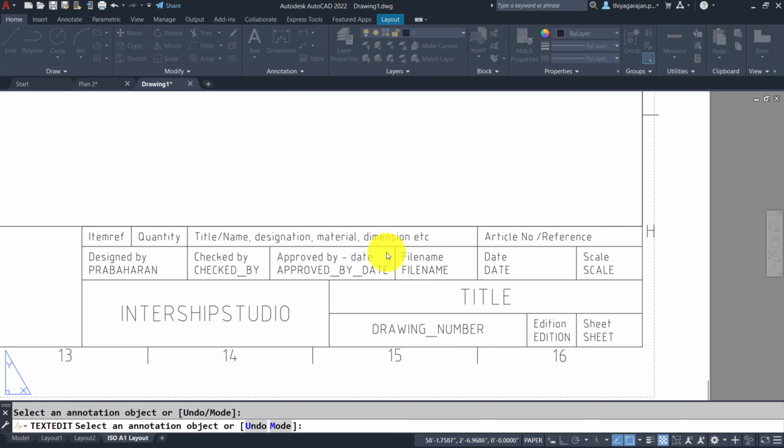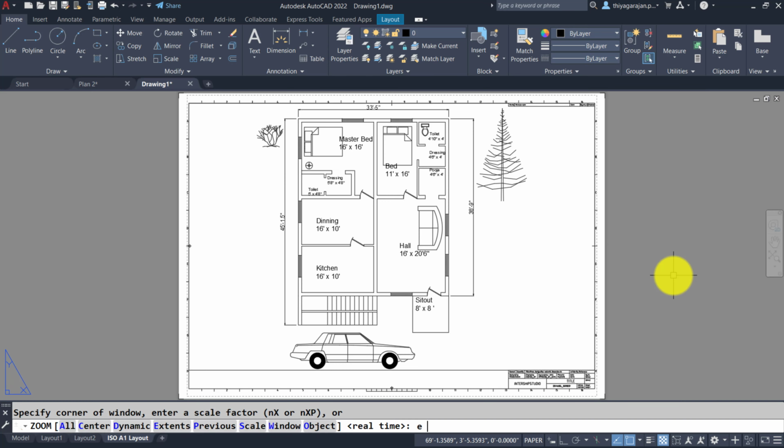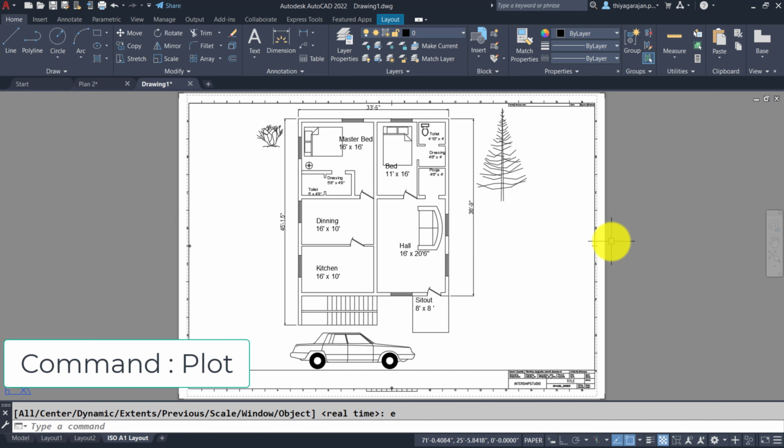You can change it, or otherwise you can remove anything and we can create new title blocks like this and have it here. Let me add some more lines, and you can type some text and create new headings, new information. Okay, right. Once you create this, what is the next step?